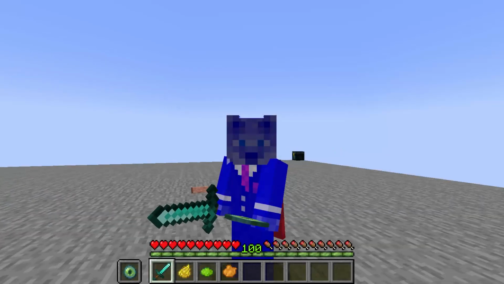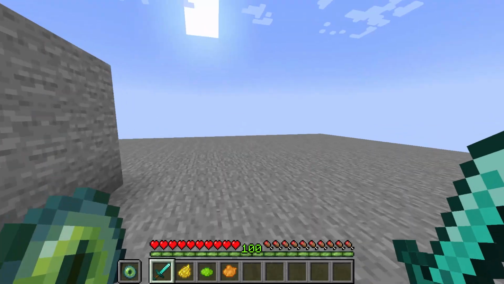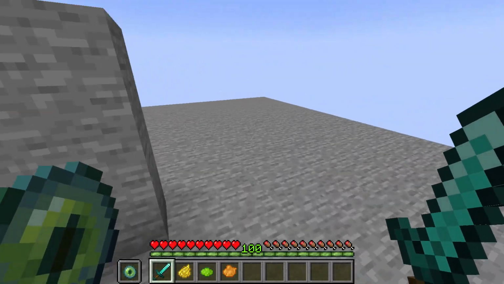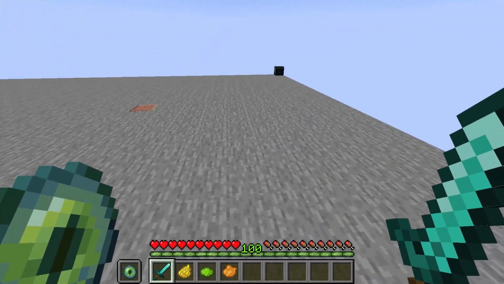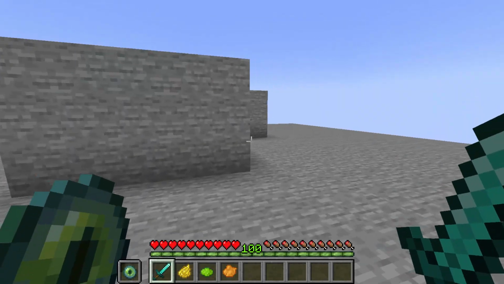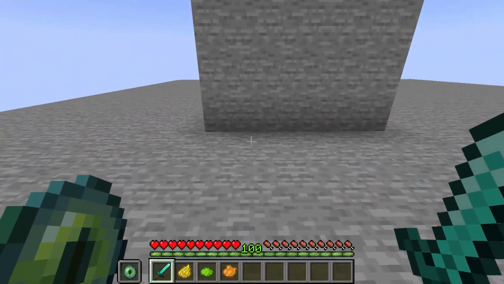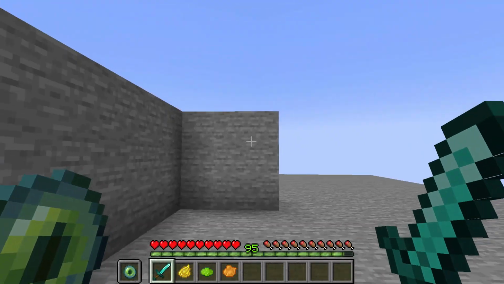Hey guys, Clive here, and today we're going to be covering how to detect different damage sources for PvP purposes. You could do this on PvE as well. It works. You might just have to reverse engineer it a little bit, but I'm going to be showing you how to use the hit detection data pack that I put together and modify that to detect damage